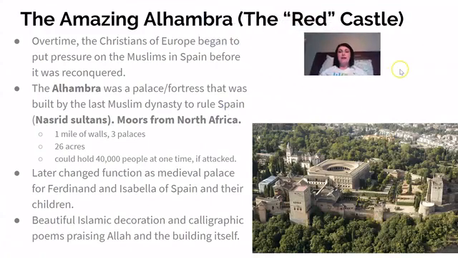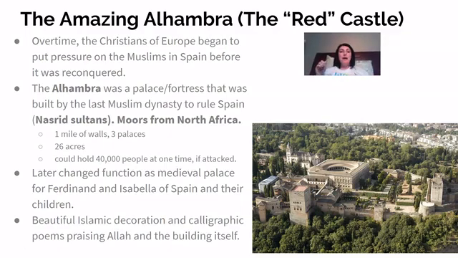So also in Spain, because remember, in Spain, we're going to see the Islamic world sitting very, very close to the Christian world. And you're going to see the creation of the Alhambra, which actually began as a fortress/palace. It was a fortified palace sitting very, very high on top of an acropolis, which was a way for them to defend themselves against invasions from other Islamic groups or also from the Christian world, which was nearby. It's built by the Nasrid Sultan, this family that takes over ruling Spain, who were of Moorish descent, and the Moors had actually come in from North Africa.